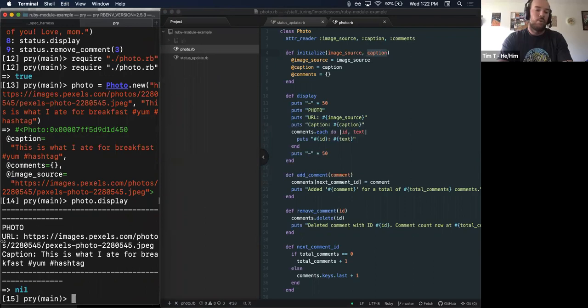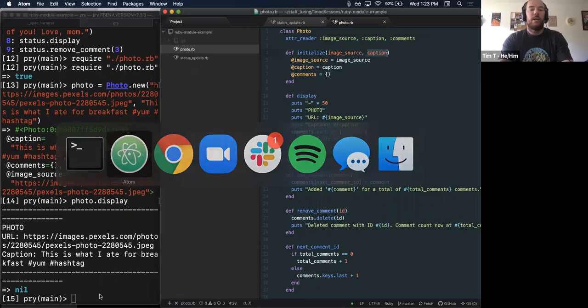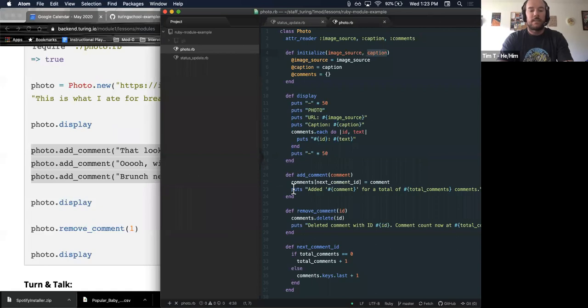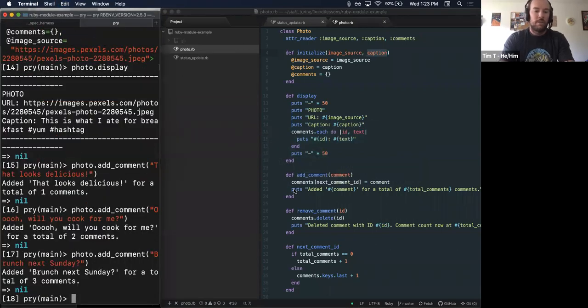I have a URL, some other things printed to the screen, and then a caption as well so far. Now if I want to add some comments, I can do that. I'm just going to take them right from the lesson plan. Let's add these all in a row. Fun thing about Pry, you can do that all at once. Cool. And now if I do a photo.display,